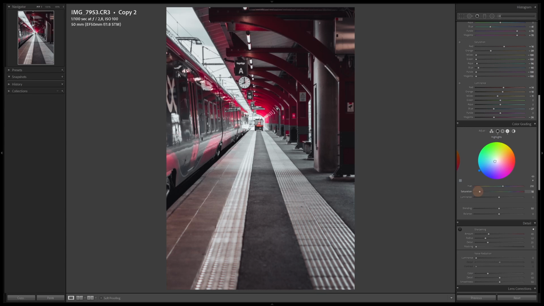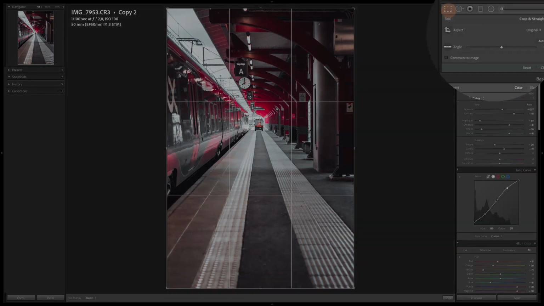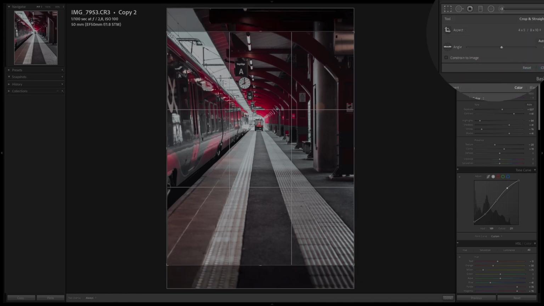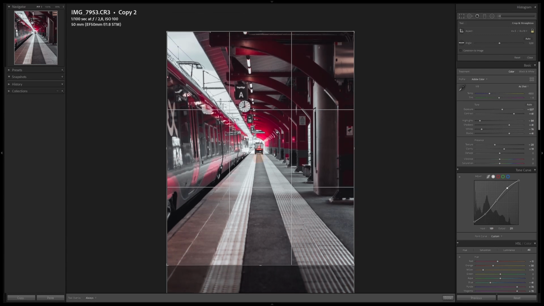It's the final touch-up details. We need to crop the image as well as adding some vignette. I will start with the crop first. So crop overlay. Let's go into Instagram, so 4x5. I want this in the center of the image, so I think this is gonna be good. I have a lot of leading lines. This is the lightest part of the image, that's where the eye's gonna automatically be drawn to.